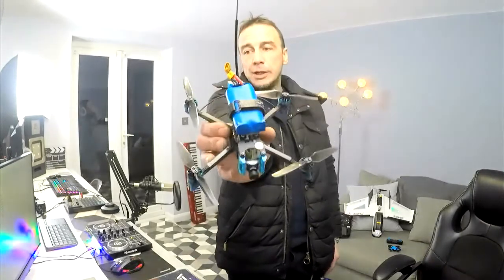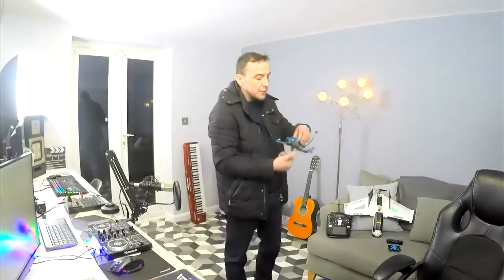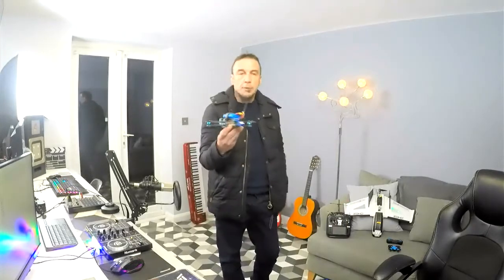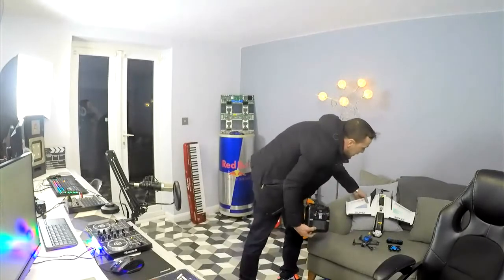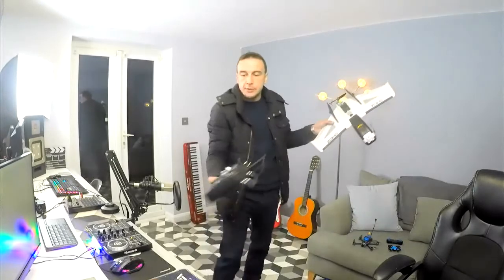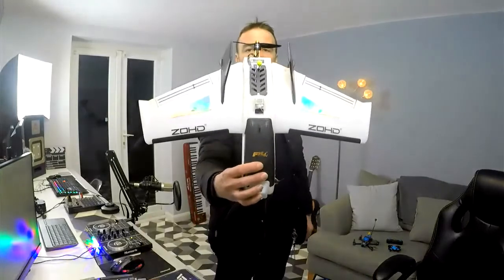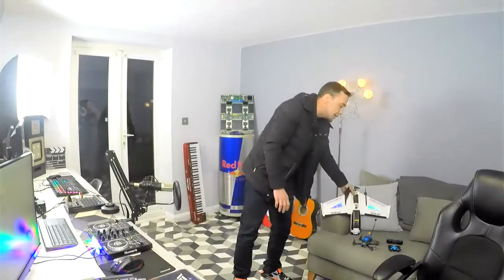Now, this is my iFlight Chimera4. I've just recently rebuilt this with a new stack and a 4K camera and all that stuff. And really, this is my first proper quadcopter. Up until now, I've been flying things like fixed wings. So this is the Zohd Dart 250G, if any of you are into your fixed wings. And the first video you may have seen from me was around the Parrot Disco transplant into Dart XL, which